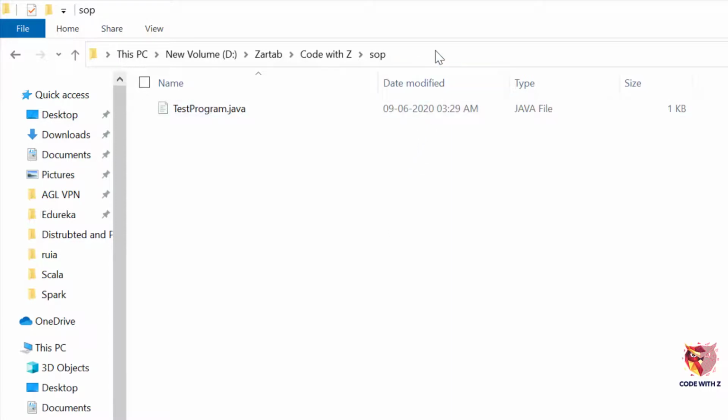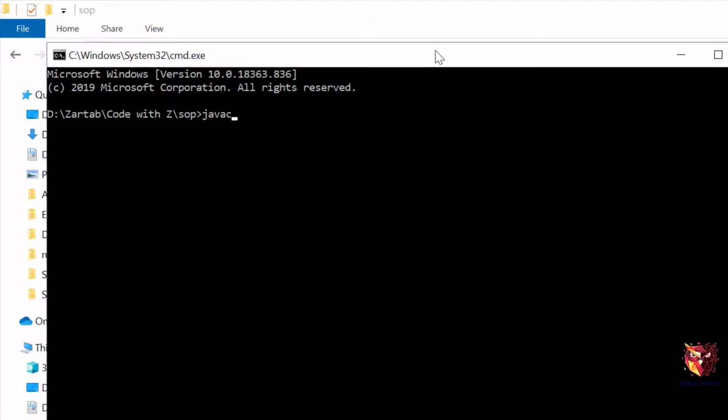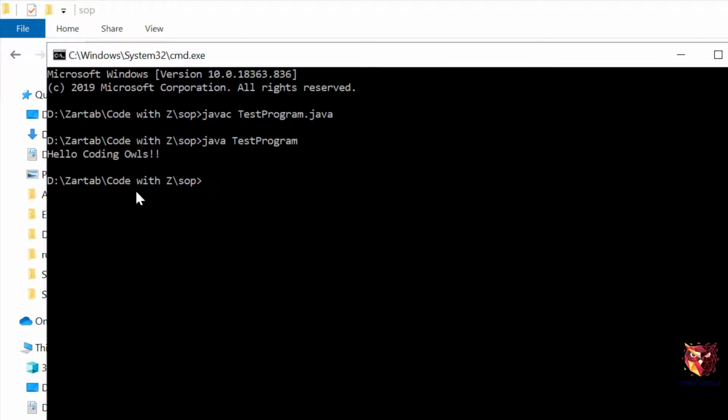So I have this now. I can just click here, type cmd, and say javac TestProgram.java to compile, then java TestProgram with no dot class, and I just press enter, and now you can see that it is printing coding owls. Now what exactly goes on behind the scenes when you actually print this?